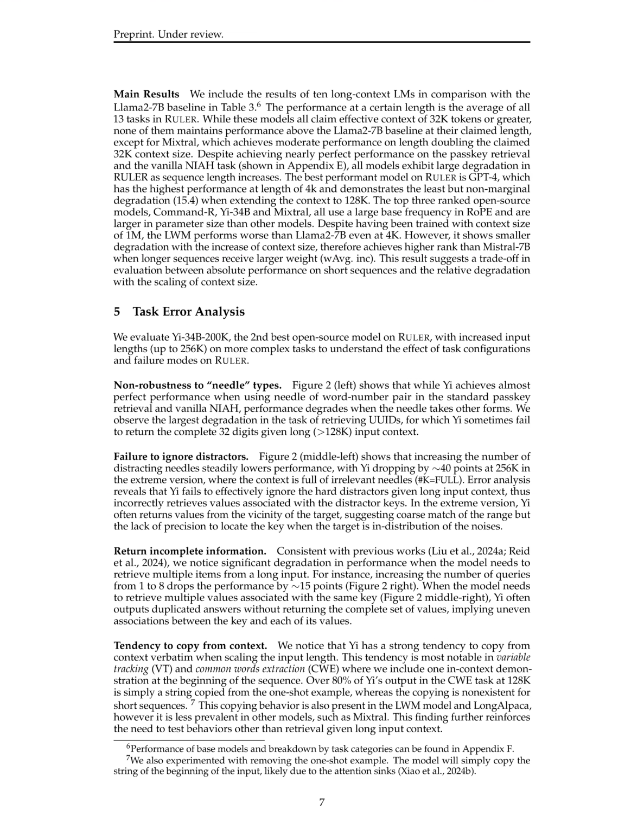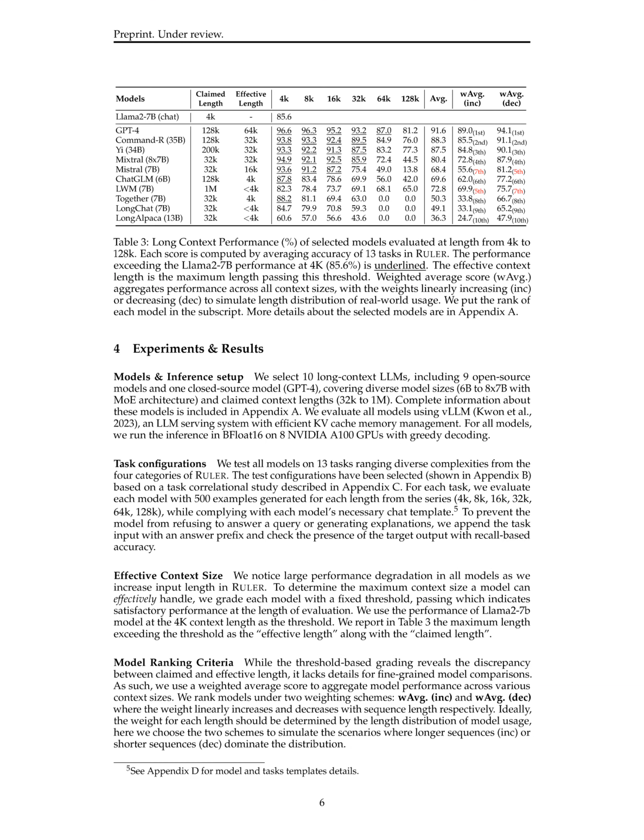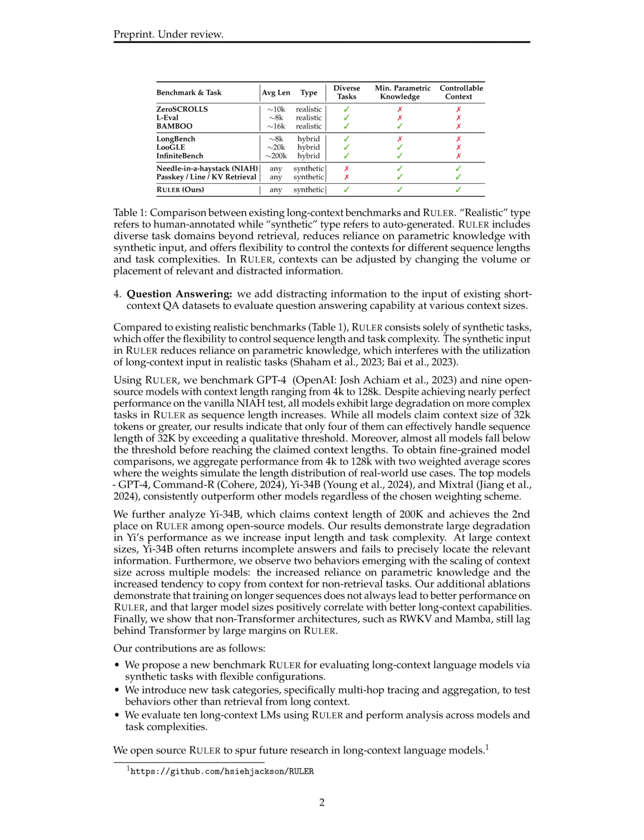On the other hand, in the wAvg dec scheme, the weight linearly decreases with sequence length, simulating scenarios where shorter sequences dominate the distribution. These weighted average scores provide a more nuanced and detailed comparison of model performance across different context sizes, allowing for a comprehensive evaluation of how models perform as the